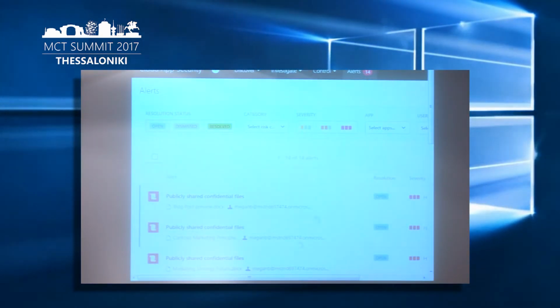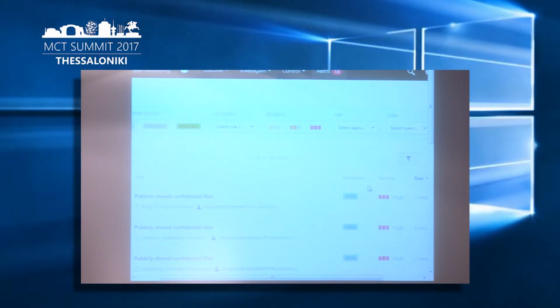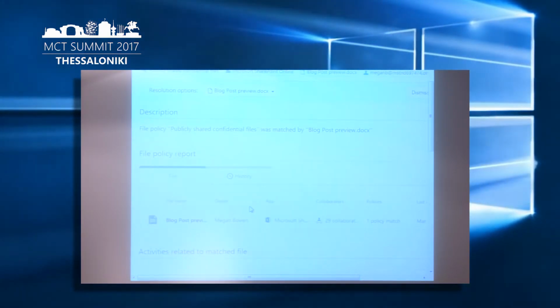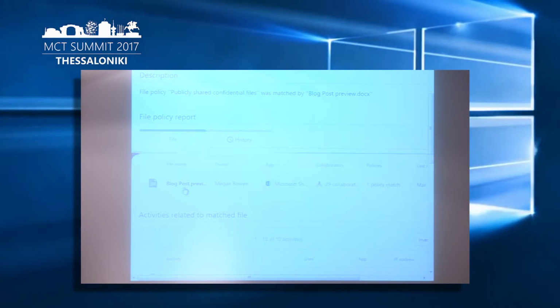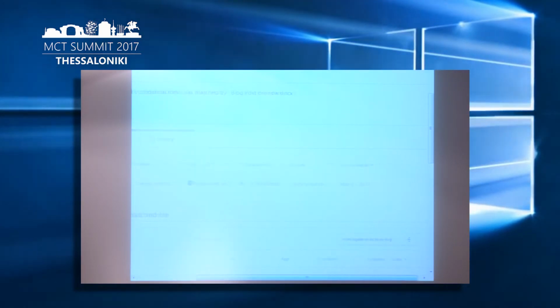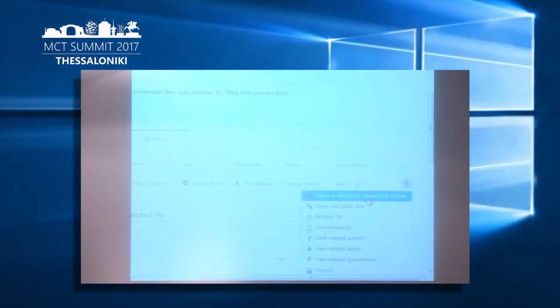We have a lot of alerts here, and we can see that Megan has been very naughty and publicly shared confidential files, for example. So this resolution is still open, and it's classified as high severity. It was 2 months ago. When I click on that one, I get an insight into what Megan was doing. She was doing something with a blog post preview on the SharePoint,